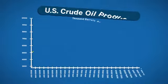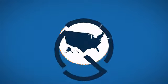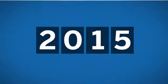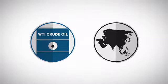The rise in importance of the U.S. crude market comes at a challenging time for other crude oil markets globally. The catalyst for this transformation was the sharp rise in U.S. oil production and the lifting of the export ban on U.S. crude that occurred at the end of 2015. U.S.-based crudes are increasingly sold to Asian refiners, which is positively impacting the role of the WTI crude oil benchmark